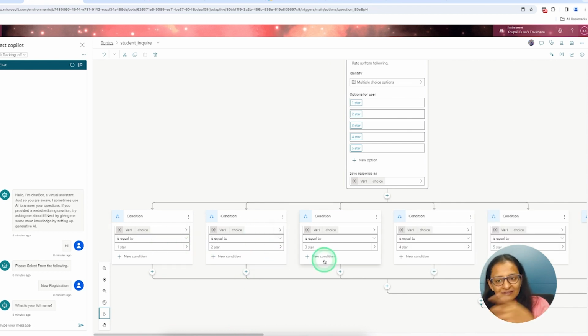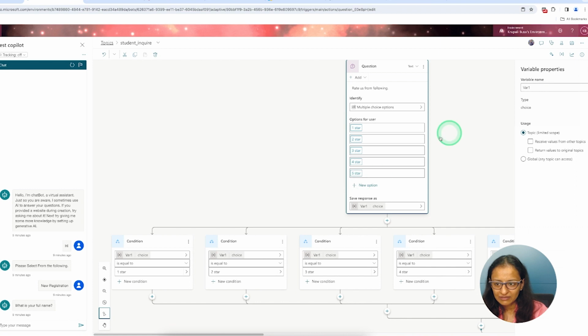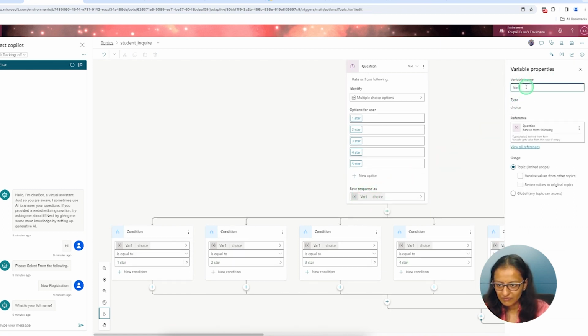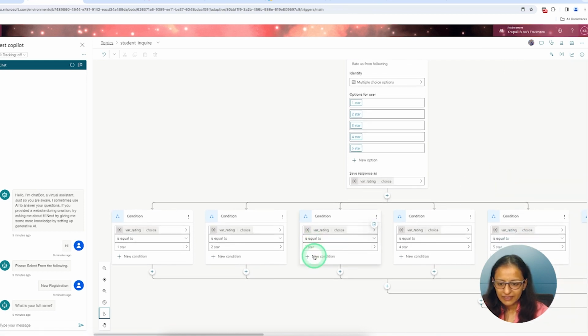You can design an individual flow for each, but here I'm just taking the feedback, whether it is 1 star, 2 star, 3 star, or whatever. Let me give the variable a name: rating.